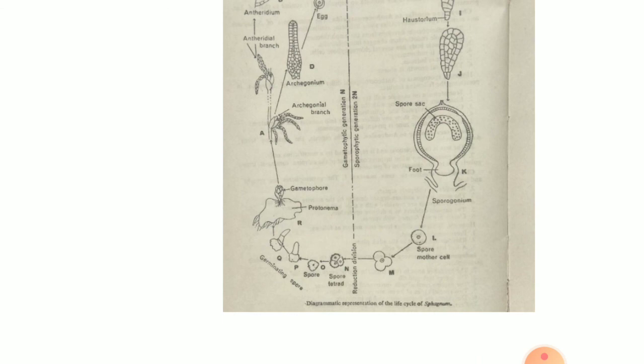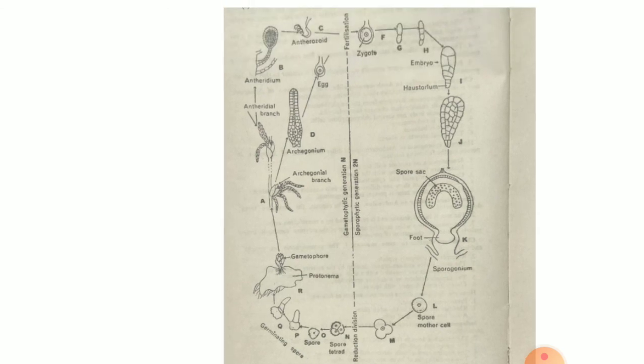When the gametophyte matures, it bears the antheridial branches and the archegonial branches. The plants may be monoecious or they may be dioecious, and the antheridial branch gives rise to the antheridium, and the archegonial branch gives rise to the egg. Both fuse to form the zygote, and the zygote develops into the embryo. The lower portion turns into the haustorium, and finally the sporogonium is formed, and the spores remain in